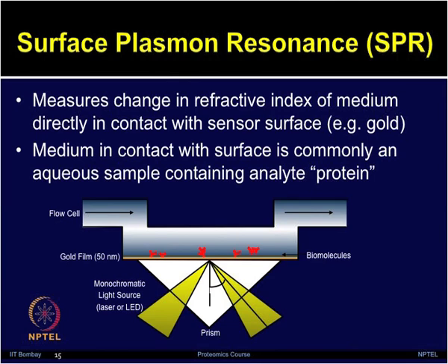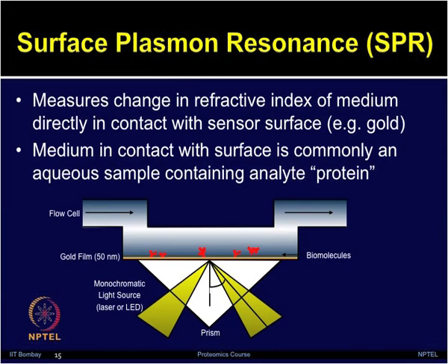SPR is a surface sensitive spectroscopic method which measures the changes in refractive index of the medium directly in contact with the sensor surface. Commonly employed metal is gold. As you can see in this PPT,